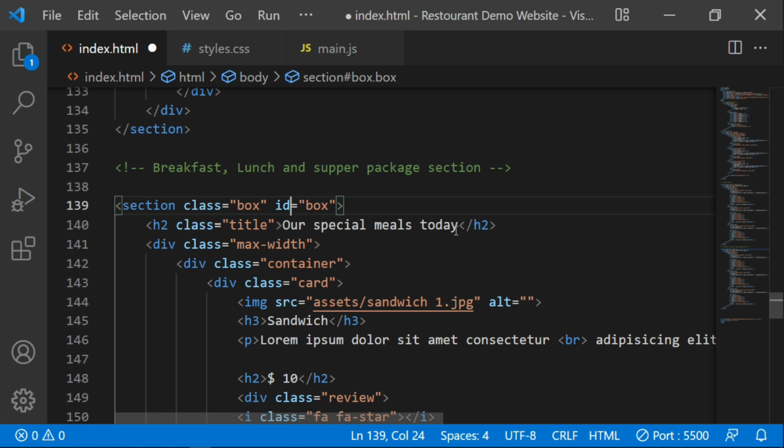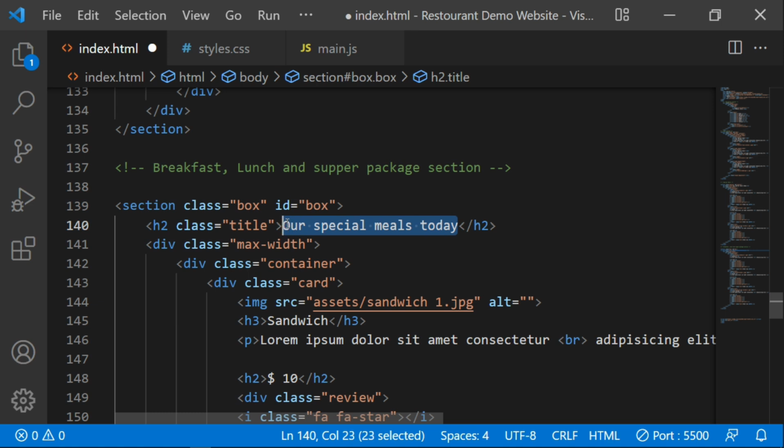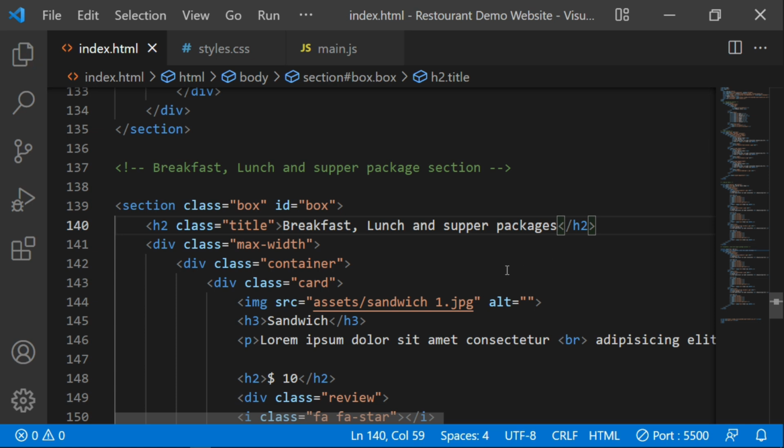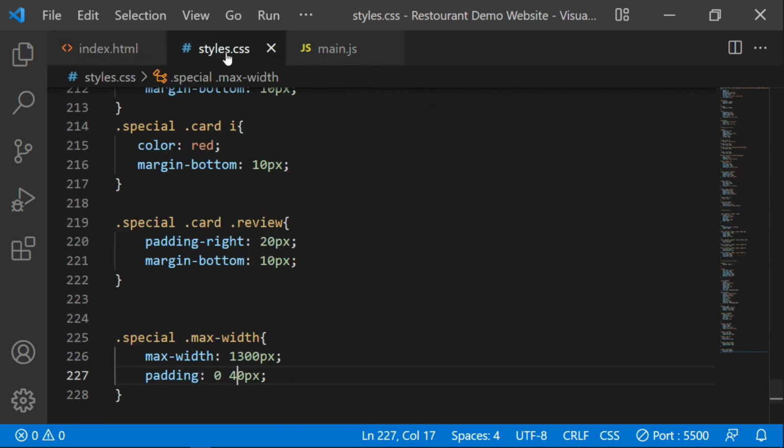The text here, let me just copy this part and replace it here, and then here breakfast, lunch and supper packages. And then for title, let me go to the CSS, and then here at the bottom,